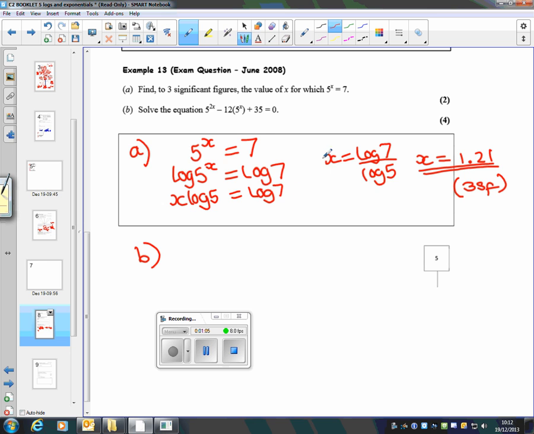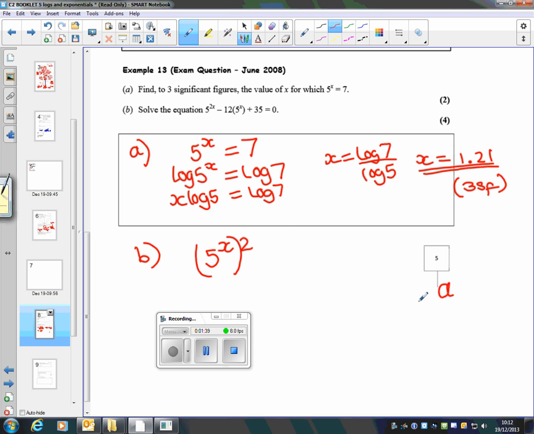In part B, we've got to solve an equation, and you'll notice that the powers, our x terms, are in our powers, and you need to recognise with a question like this that it's going to be a quadratic. And the more questions you try like this, the more familiar you'll be. Now that 5 to the power 2x, we can rewrite that as 5 to the power x all to the power 2, because we know from one of our C2